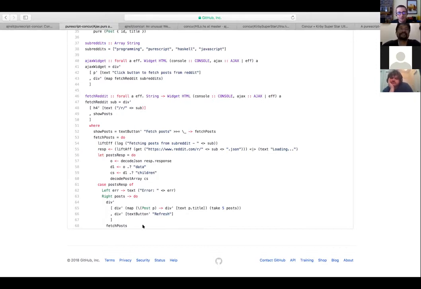That was one of the things I really hated, because I know loading is only going to happen once, but that Boolean stays with me forever, right? It's always going to be true in the beginning, and then it's always going to be false, but there's no way of representing that, right? That little bit of state always frustrated me. So the way this works is, again, simple asynchronous flow, right? Fetch post is a widget that starts by just logging something, and then it